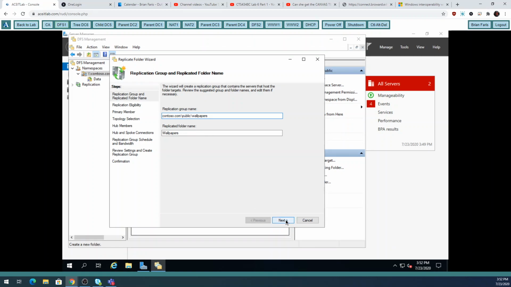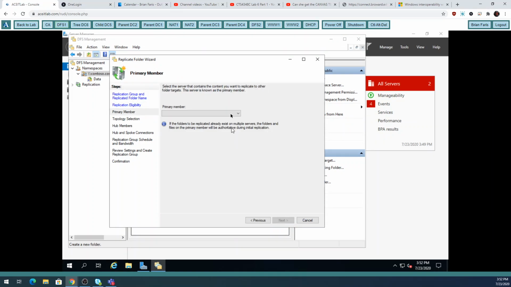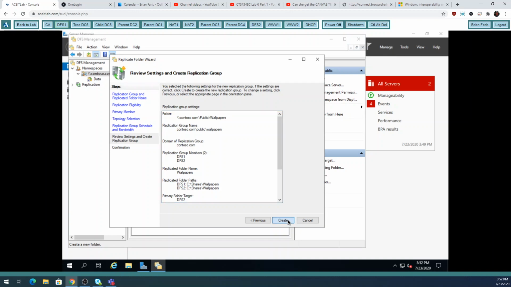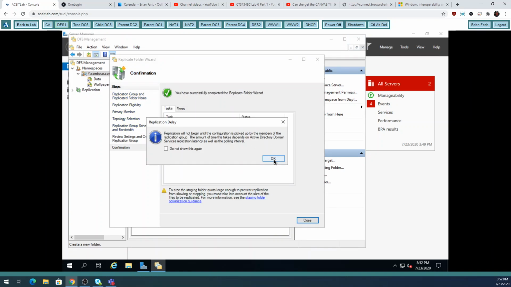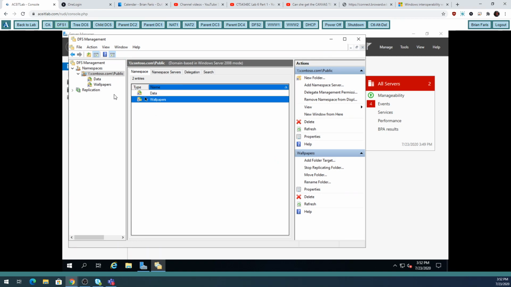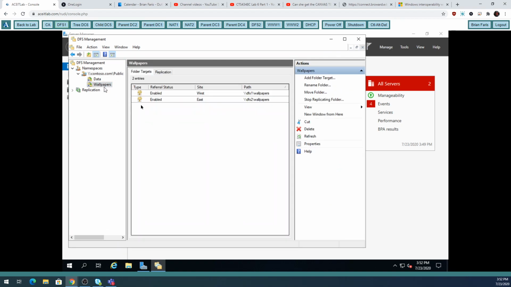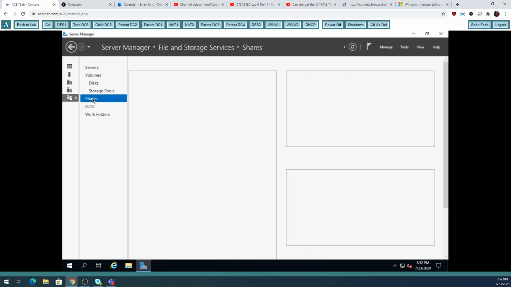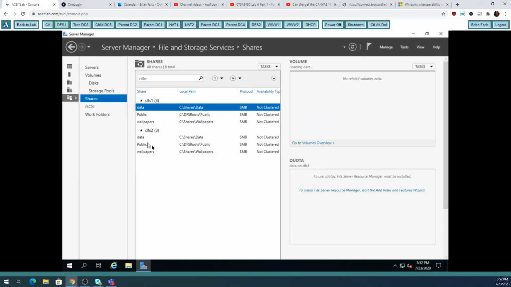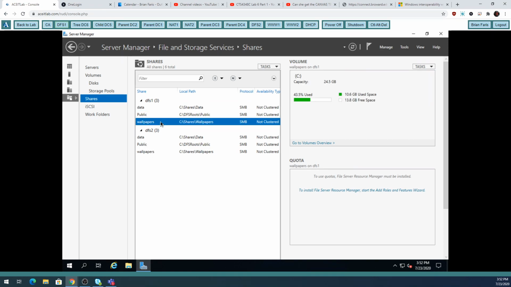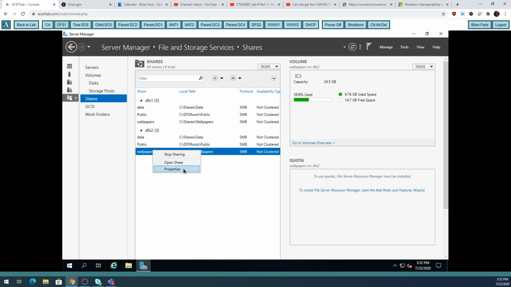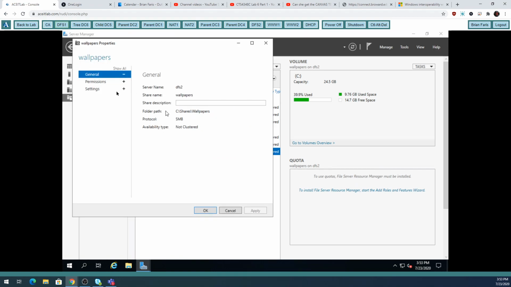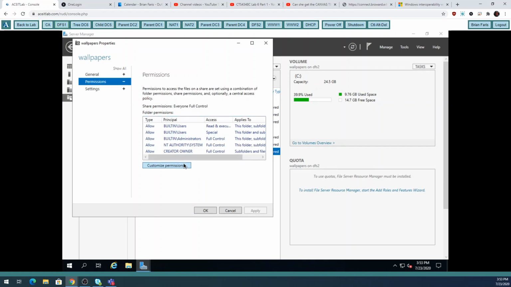I didn't finish the wizard for my DFS. Doesn't really matter, they're both blank. So I created this wallpapers folder. It has 2 targets. I turned off the share permissions. So I'm going to go over here to File and Storage, Shares, and for wallpapers, I'm just going to do it to 2. That was my primary. I go to properties, customize the permissions,